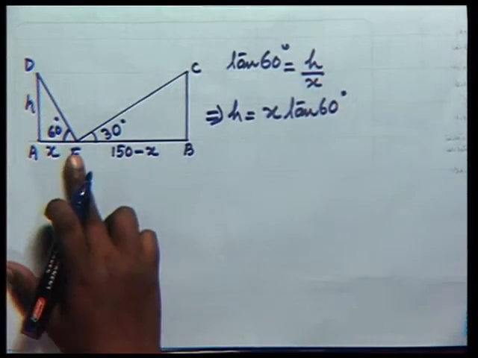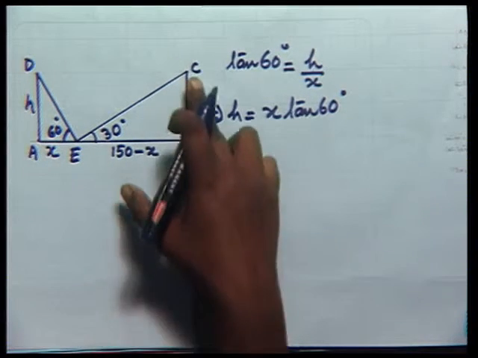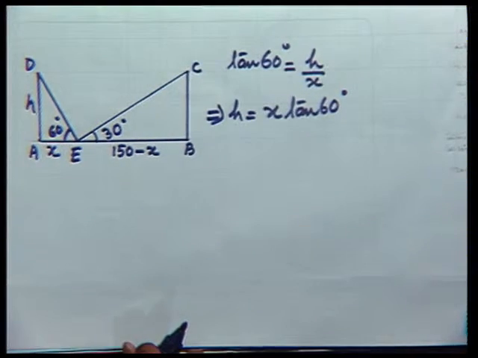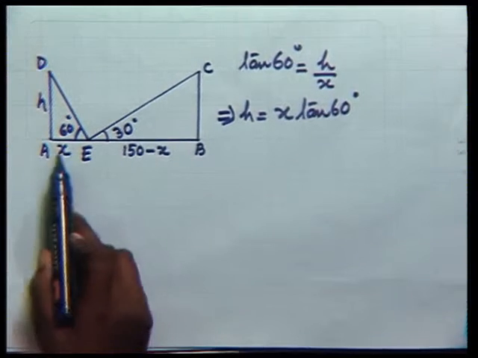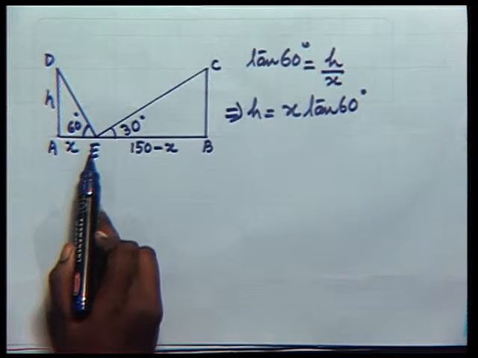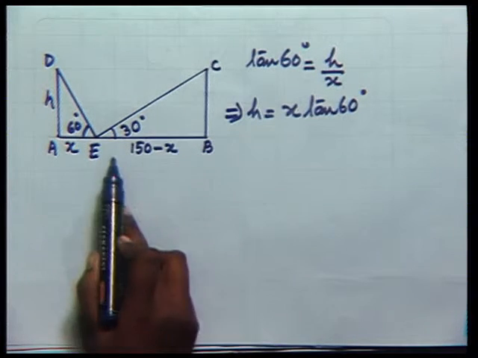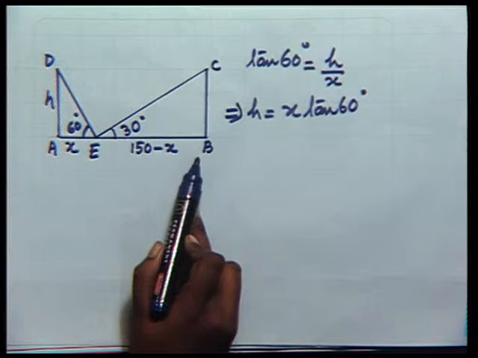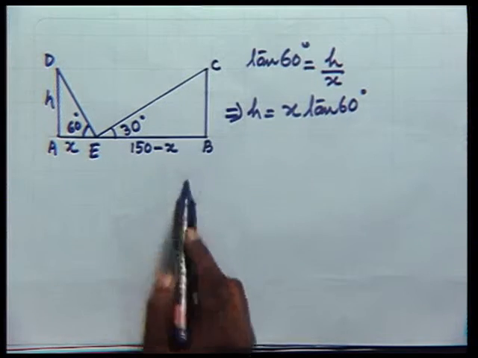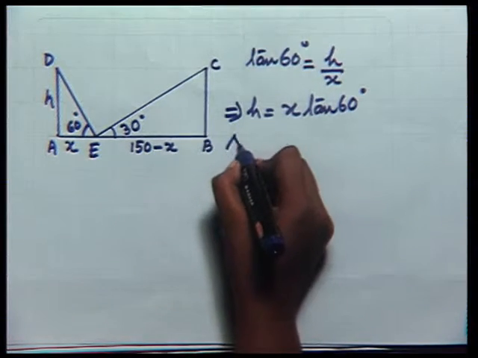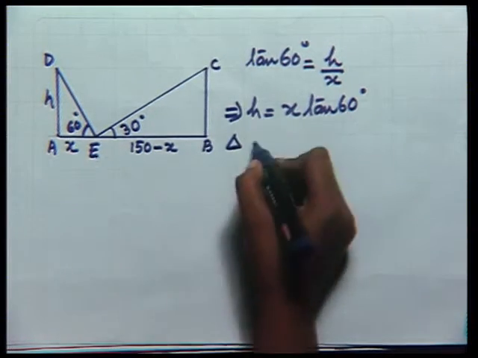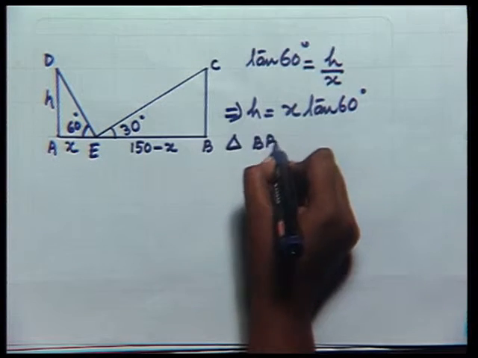Now consider the triangle EBC. In this triangle, if the distance AE is equal to x, then the distance EB will be 150 meters minus x. So, in triangle EBC,